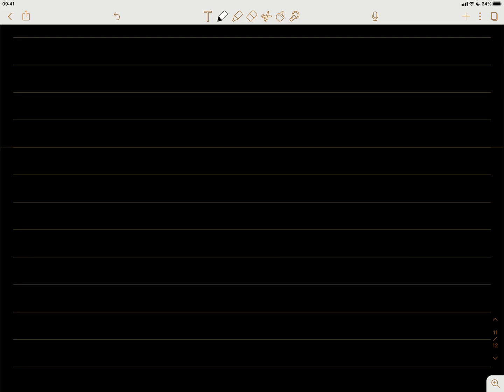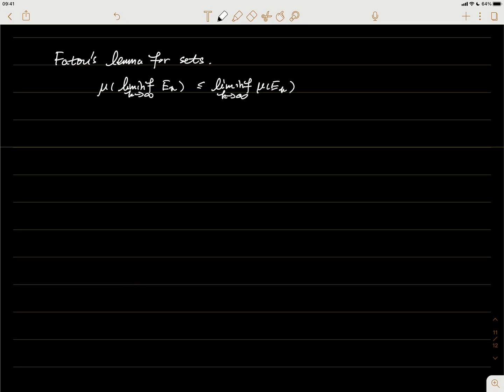The boundedness for E is important, just because of the corollary of the same Fatou's lemma. Remember the Fatou, let me recall that the lim inf of the sets Ek is less than or equal to this. Right, this does not require the boundedness of the measure for each Ek, but the other one requires the boundedness